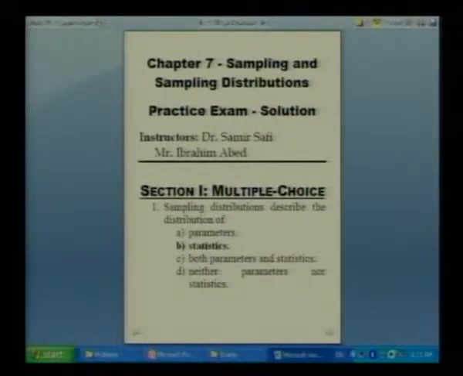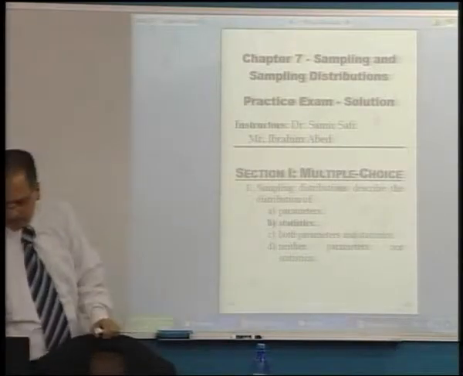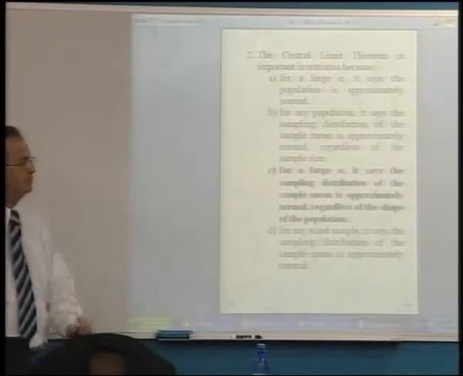We have 4 choices. Parameters. Now, a sampling distribution always describes the sampling distribution of a statistic or statistics. So, not parameters, we have to choose the statistics. So, sampling distributions describe the distribution of always statistics. Next,